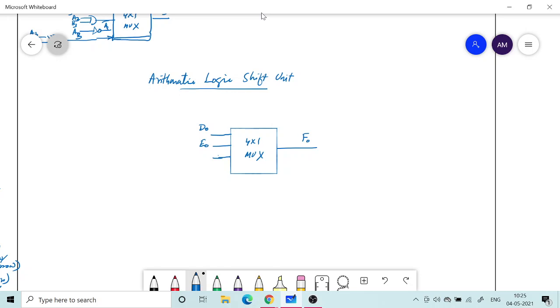Okay, so this is 0, 1, 2 and 3. So if I want to shift left, this is the LSB. So if I am shifting it to the left, I should take it from the serial in which is on the right side. Okay, so because it is F0, our A register is something like this.